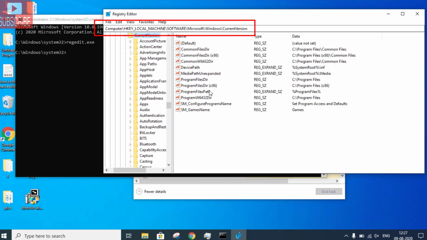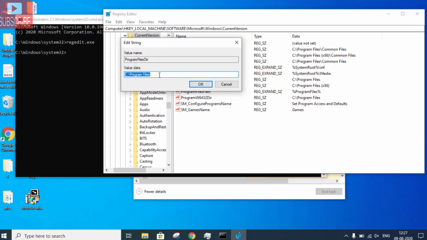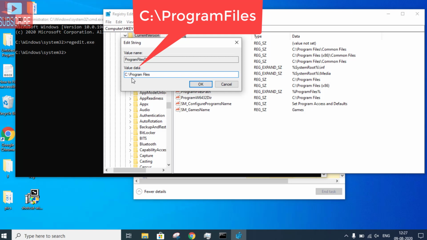Then in this right pane, you need to locate two values, ProgramFilesDir and ProgramFilesDir (x86). Open ProgramFilesDir and the value data must look like this: C:\Program Files. Make sure this value data is as it is.